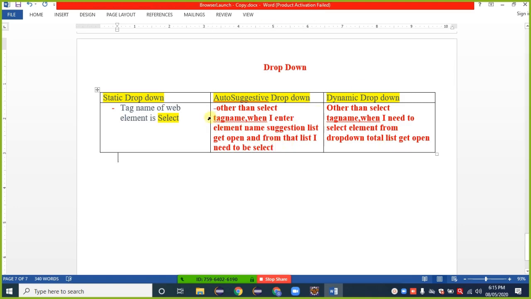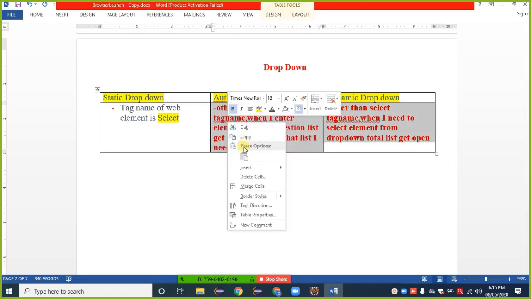That is about the auto suggestive and the dynamic drop down.